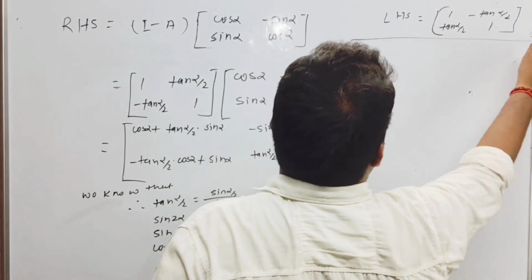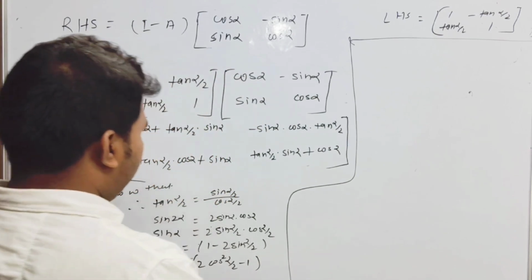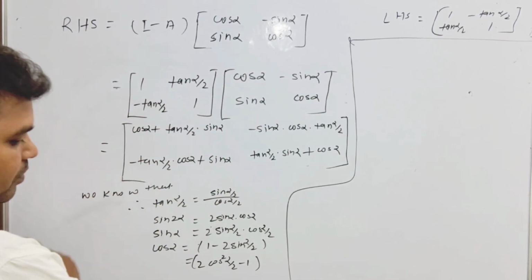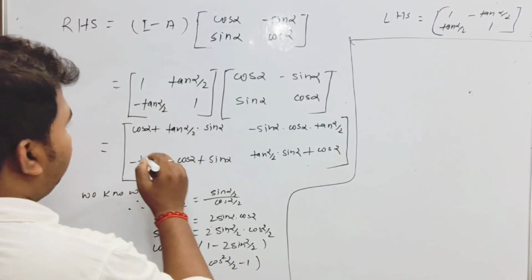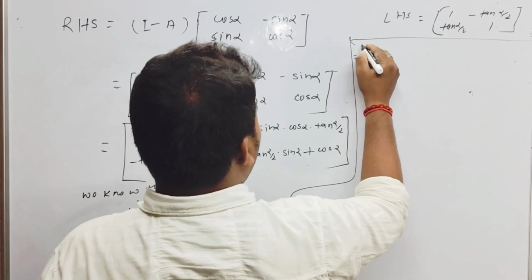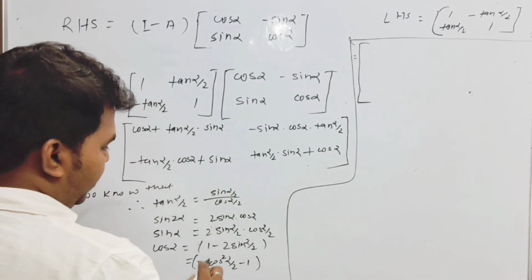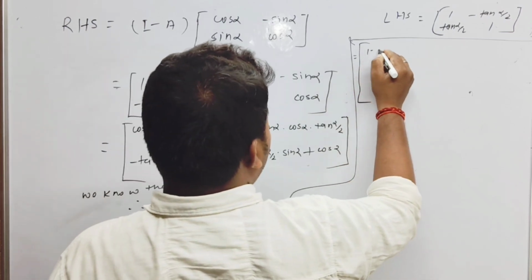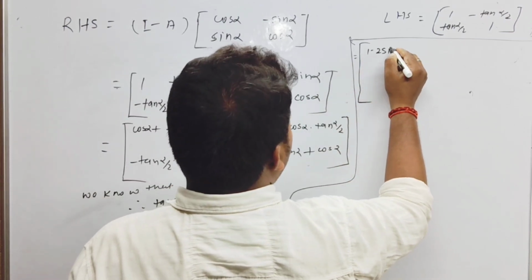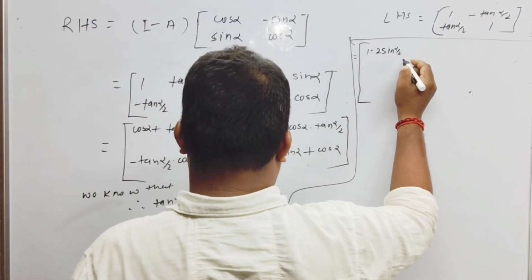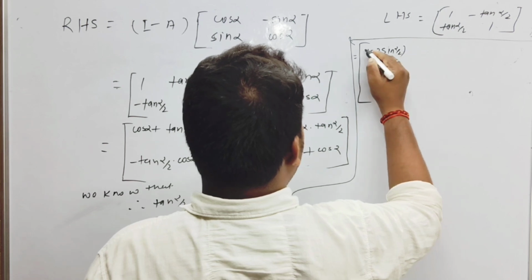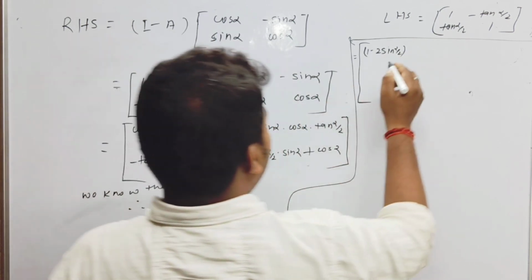Then after we have to write this right side. Okay, so in place of cos alpha we can write 1 minus 2 sin squared alpha by 2, and then tan alpha by 2, then we can write